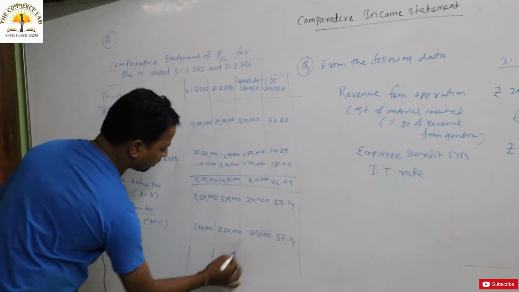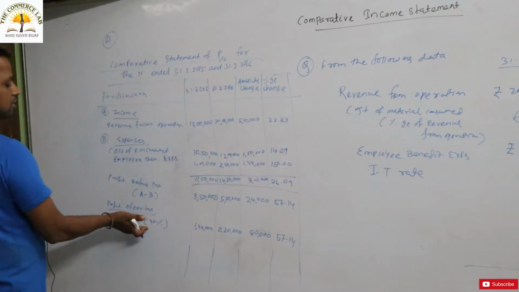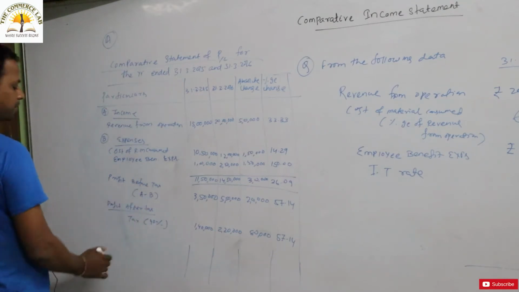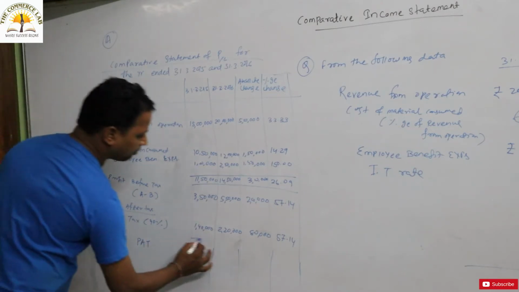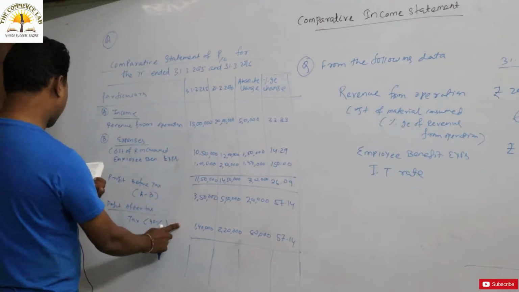57.14. Then you deduct the tax. This is the tax. So when you tax, you can deduct the tax from the profit before tax. Then the actual profit after tax will come. The profit after tax will be 3,50,000 minus 1,40,000, that is